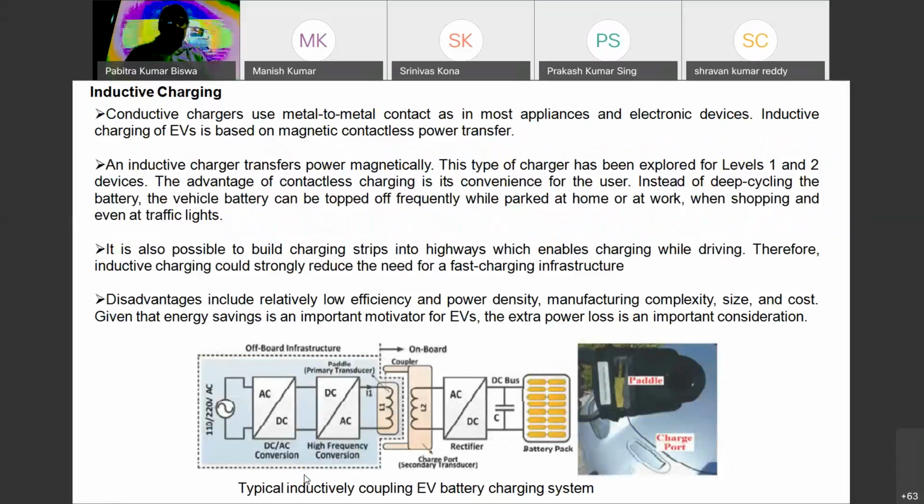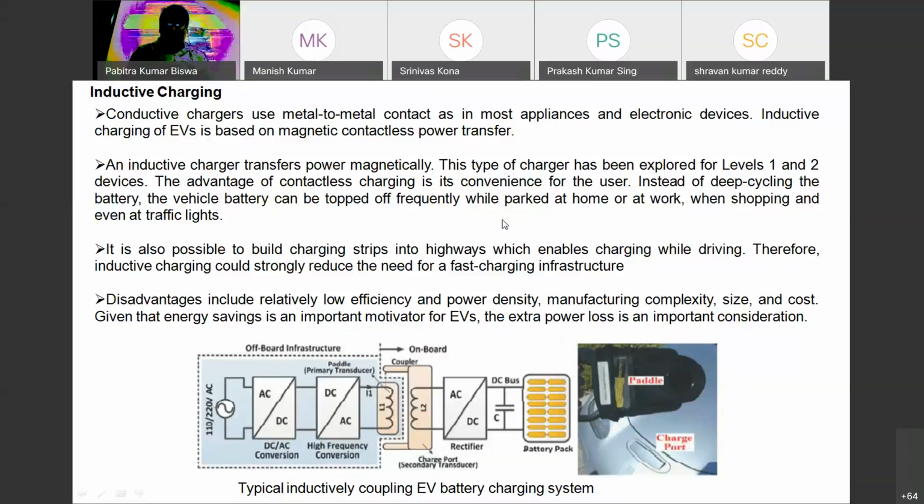Now another charger is inductive charging. Conductive chargers use metal to metal contact, as in most applications and electronic devices. But inductive charging of EVs is based on magnetic contactless power transfer. An inductive charger transfers power magnetically. This type of charger has been explored for level 1 and 2 devices. The advantage of that is contactless